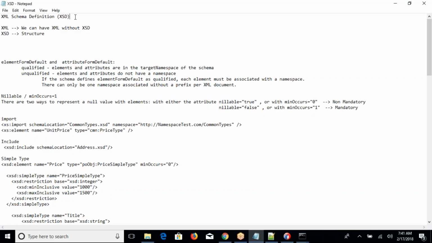Today we'll talk about XSD, that is XML schema definition. Yesterday and the day before yesterday we talked about data. Today, XSD is nothing but the structure of the data. How we should define the structure of the data: in Oracle, usually we create